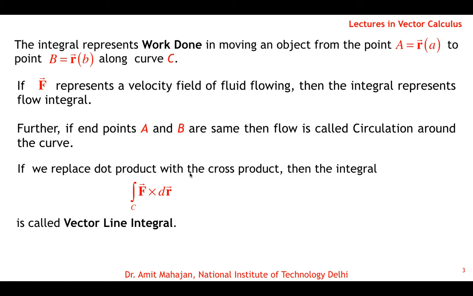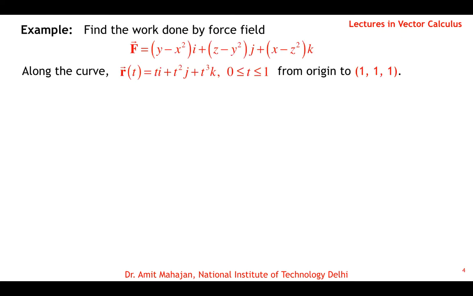If we replace the dot product with the cross product, then the line integral is known as the vector line integral. So in that case the integral over C is the vector field cross dr. Say, for example, find the work done by the force field, where the force field is given as this, along